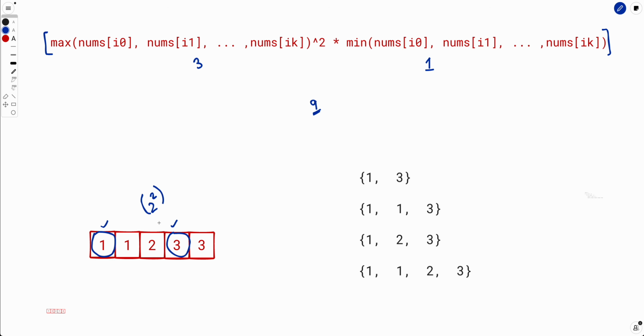So this is what we have with power of 9. So what we can say, if this is the minimum and this is the maximum, the total number of groups that will have this same power would be 2 to the power 2. So we can simply add 9 into 2 to the power 2 to the answer,